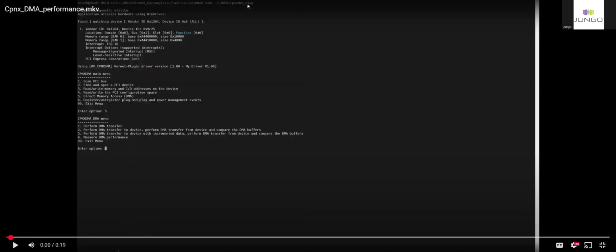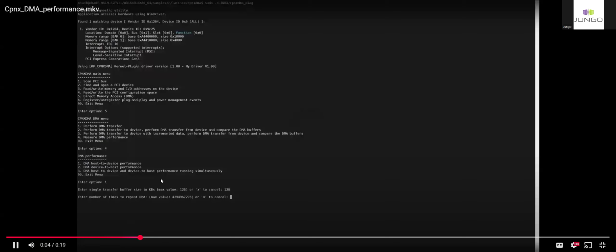Here we are talking about CPNX DMA diag. We chose to perform DMA, but now we don't want to perform DMA, we want to measure the DMA performance. The menu asks us: do you want host to device performance, device to host performance, or both running simultaneously? In this case, we will test the host to device performance. We enter the details of the DMA we want to perform,